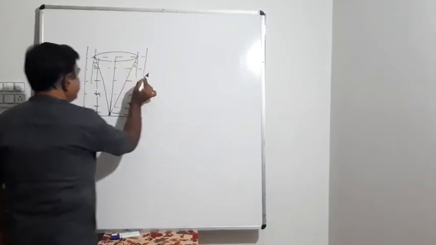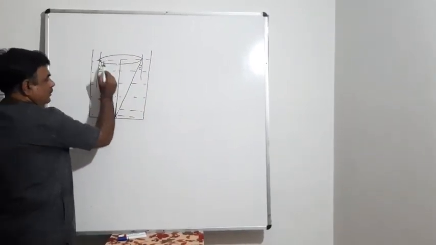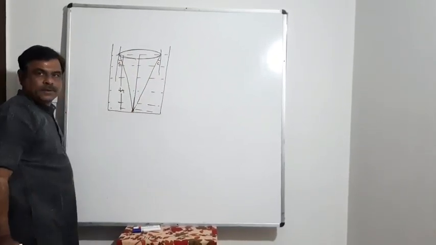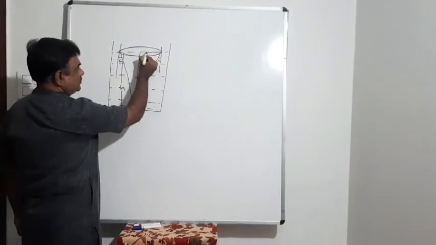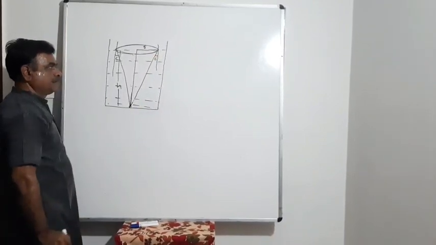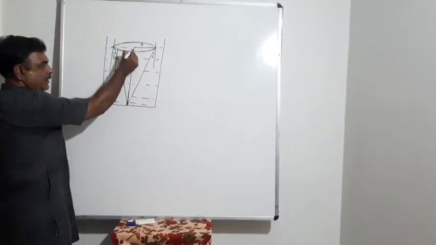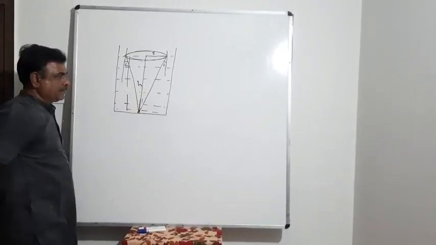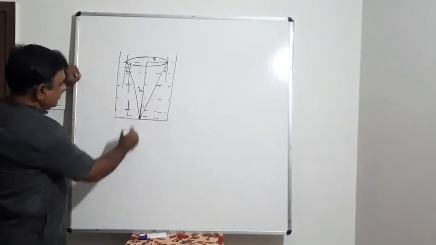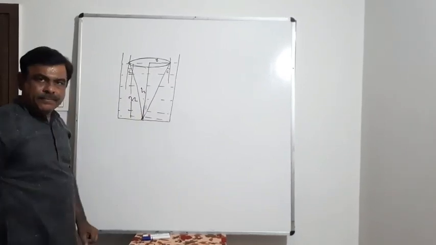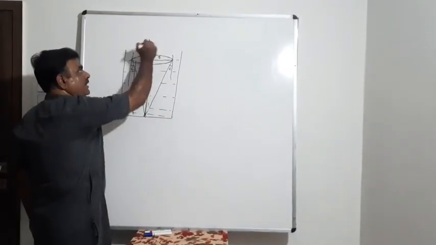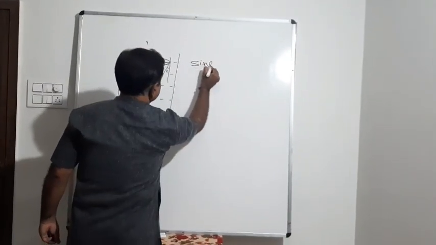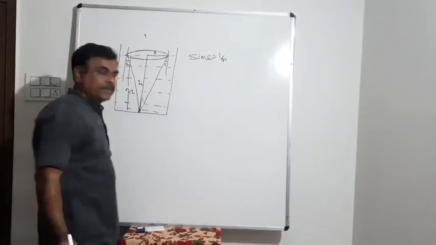So let me take this, I'll put it correctly. Can you say that the spot of this source is visible in this circular part, and from this edge it is visible up to a distance r, and the maximum permissible height of liquid, which we have kept as h, this medium having refractive index n, and the upper medium, not given, then 1, air. So as we have written, sin C is equal to 1 by n.